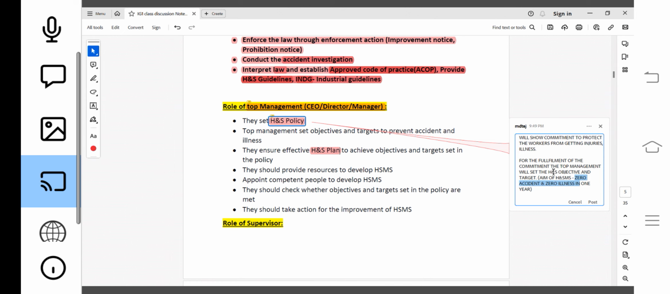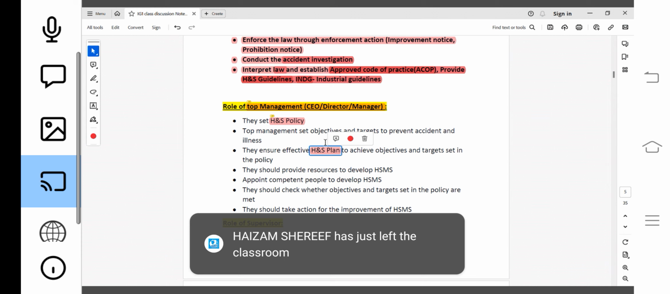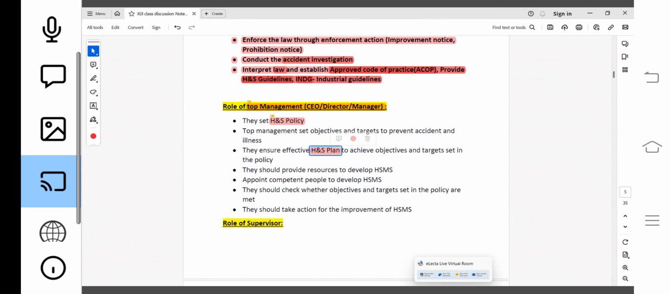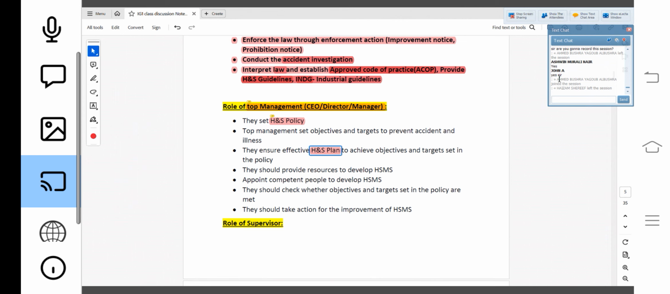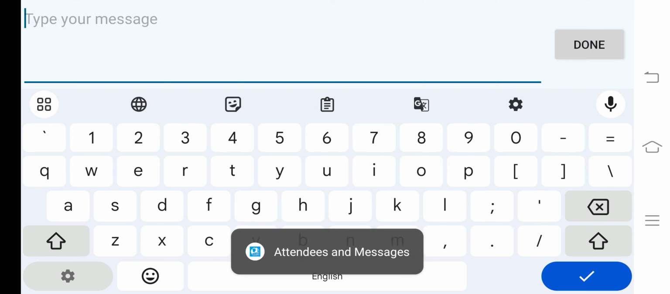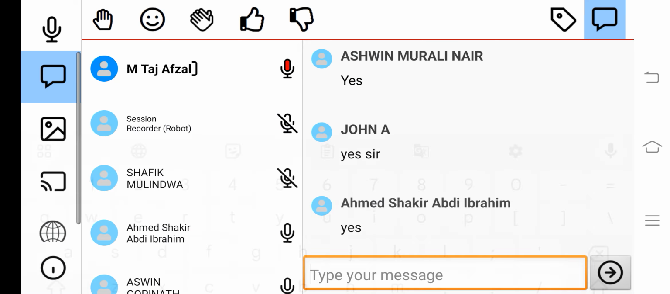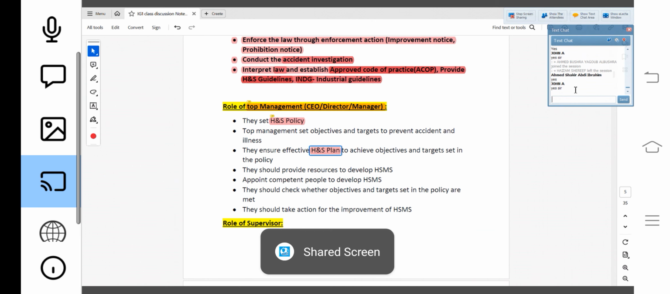isn't it? So the health and safety management system manual has to be made, the health and safety plan has to be made. The health and safety plan will have an objective to achieve zero accident, zero ill health, meaning to protect the workers from getting injuries and illness, isn't it? So the health and safety plan has to be made by who? By the top management. Understood? One person please confirm. First they make the health and safety policy, then they set the objective and target, and then they make the health and safety plan to achieve the health and safety objective and target. So they have a role to ensure the effective health and safety plan to achieve the objective and